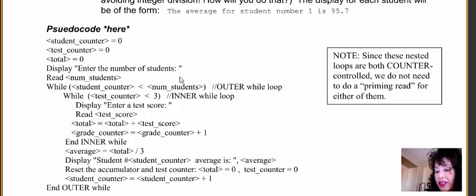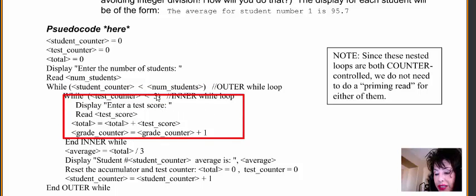Inside the inner loop, we're going to display, enter a test score, read that score, update our total equals total plus test score, and then increment the test counter to keep track of how many tests have been captured. And then that while loop will go 1, 2, 3, grab all test scores, and when it completes,